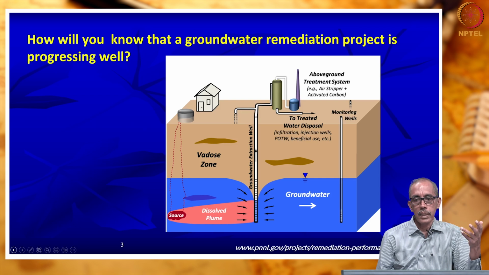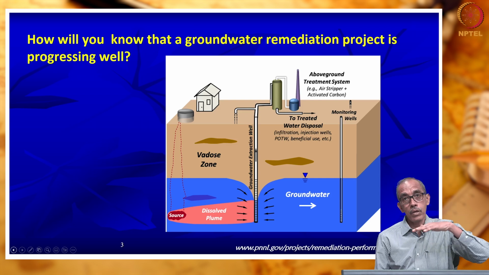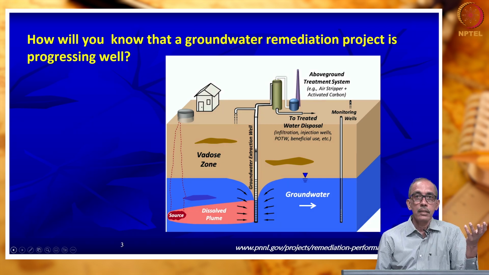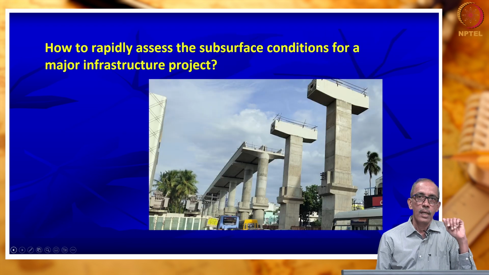Another question can be on groundwater that got contaminated. Does the contaminated plume stay at the same place? Or let us imagine we have gone ahead with remediation of groundwater that has been contaminated. Is our remediation process working well or not? That means the remediation takes place below the surface of the earth. How can we answer this question? We will have the answer at the end of this course.